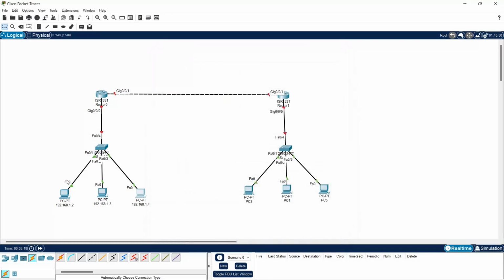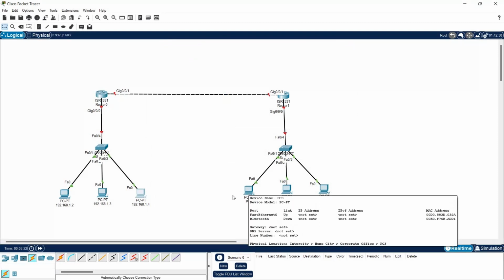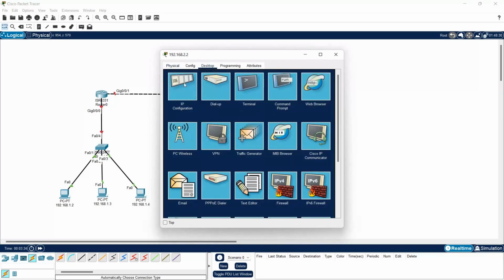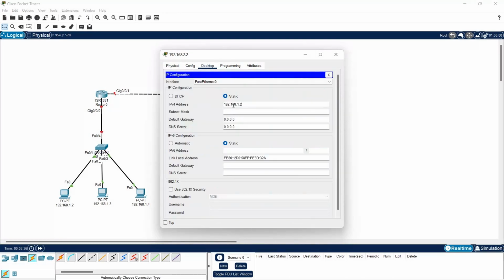Now we have assigned the IP addresses to this part, so we are going to assign the IP addresses to this part also, but make sure that the network part of this part and this part should not be the same. So over here I'm going to say that the network part is 192.168.2 and then .2, and press on this PC, go to desktop, click on IP configuration and press enter and press 2.2. Okay, so I'm going to select this whole thing and press Control C so that I can use this again, Control C .1. Okay, so we have assigned the IP address to our ports also, that is the default gateway, so it is going to be